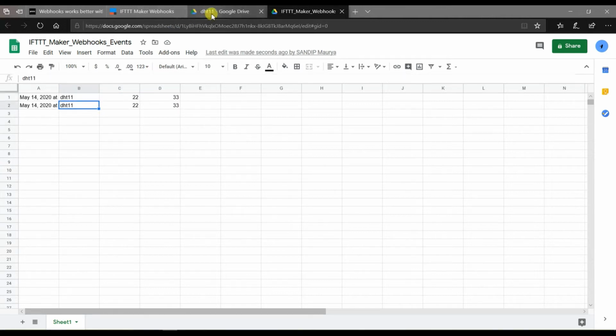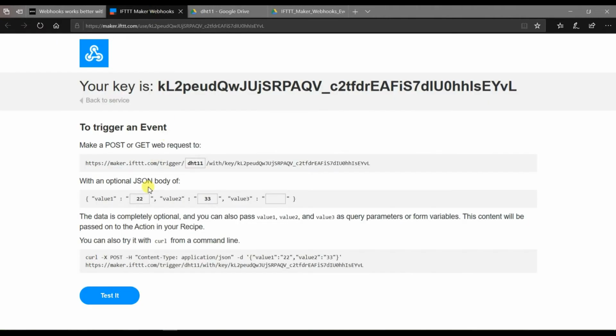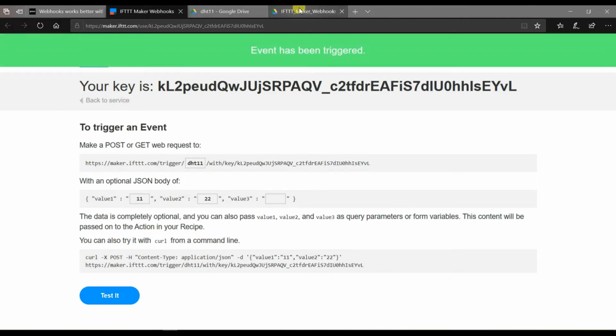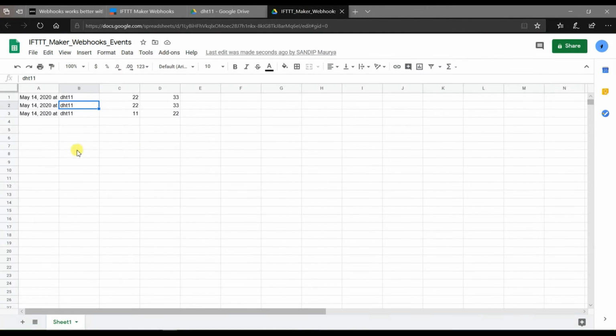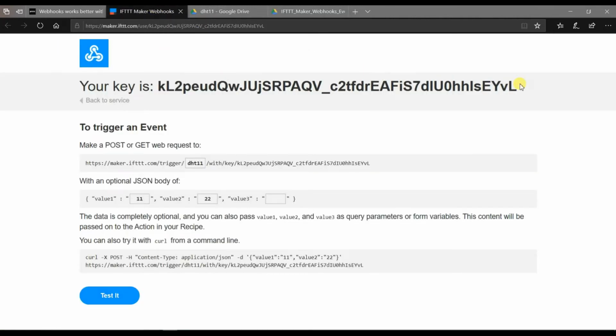If I will again change the value, 22, you can see here. Wow. Now I will copy this API key.